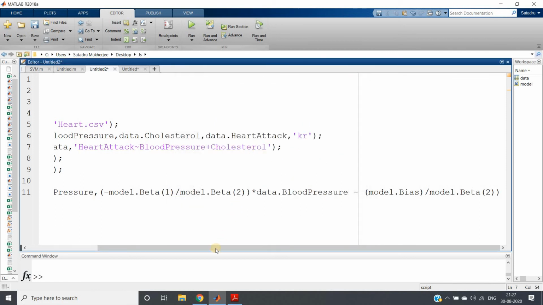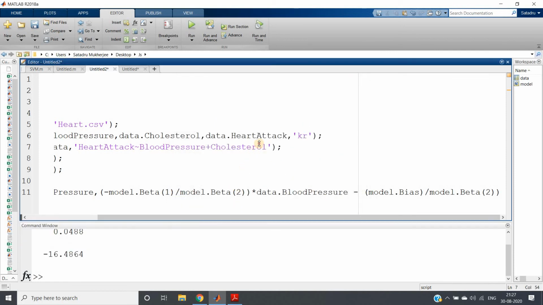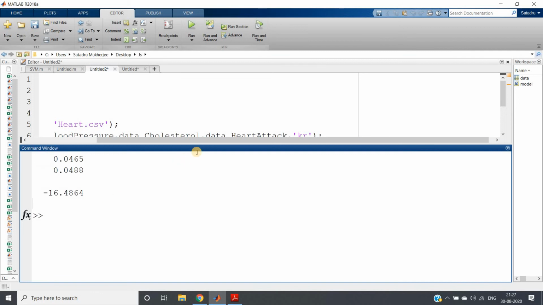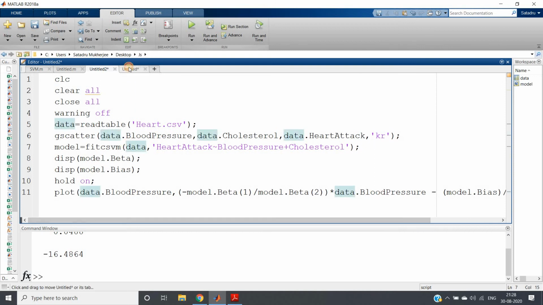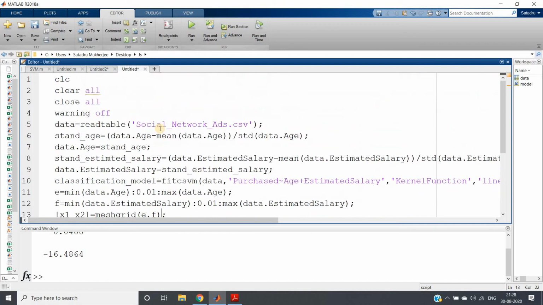You can check the values as I have used the display command, so I will get the values here. Now the last case: the social networking site dataset, which we have used in many videos in earlier discussions. Social networking ads.csv, again taken from a Kaggle dataset.